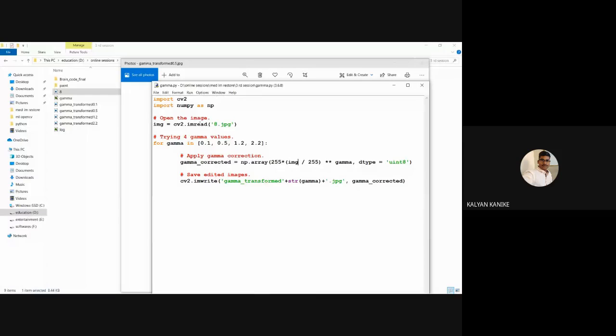Here img means not only the entire image: for each and every pixel we are dividing by 255, and afterwards we are multiplying with 255 for that particular value. For that particular value, here we are giving the exponential of gamma. Exponential we write using double star.